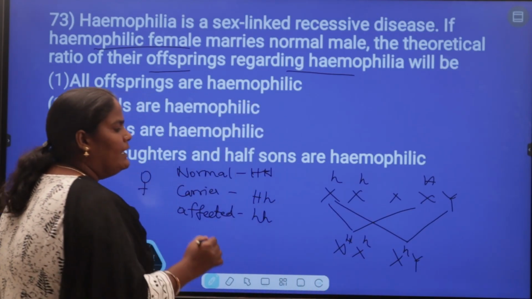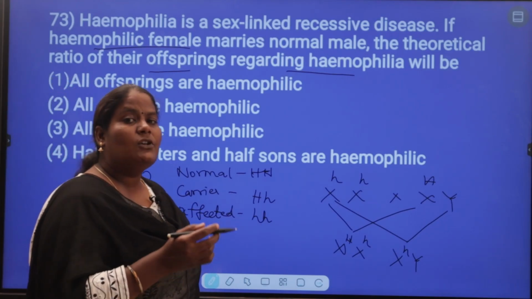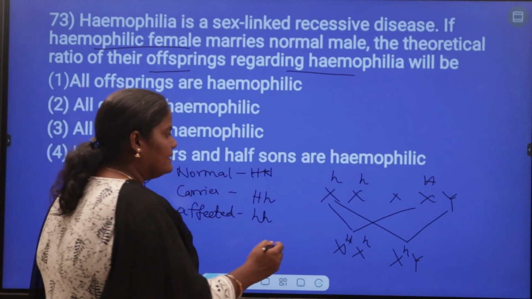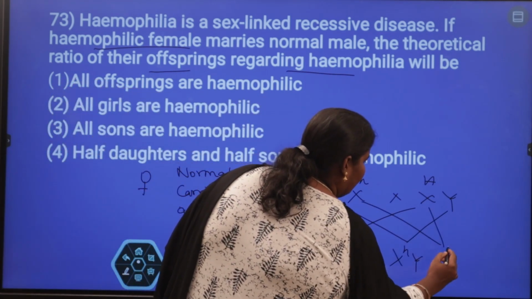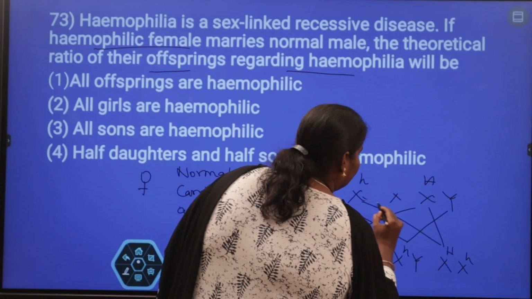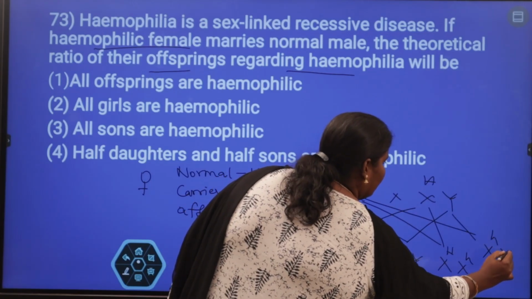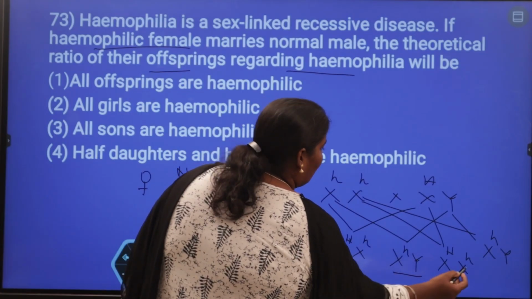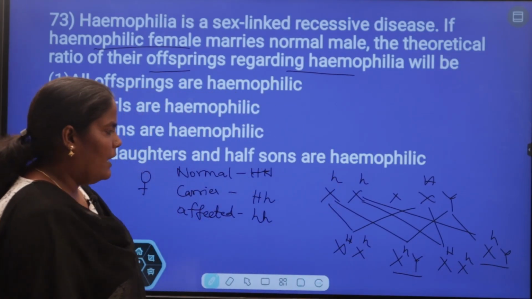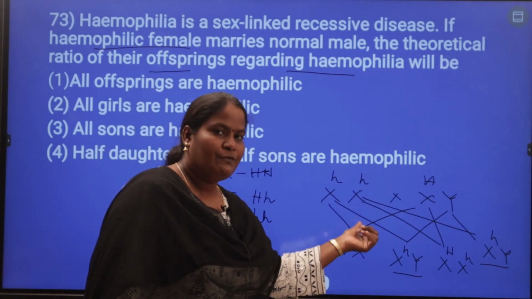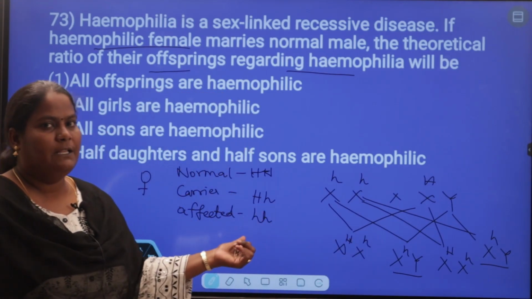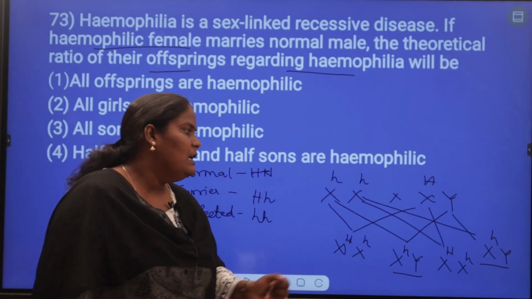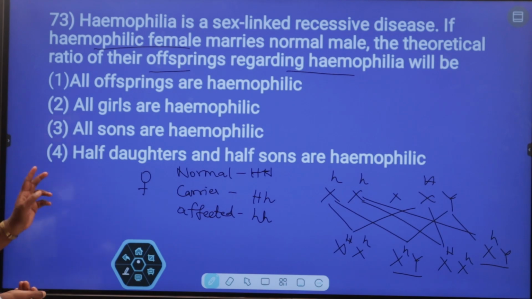As I already told you, it is a sex-linked recessive disorder. Males are either normal or affected. There is no carrier among males in sex-linked recessive disorders. So in this option, you might have observed that males are either affected or normal. In this category, the males are affected because the males receive the X chromosome from the mother. So the sons of these couples are affected. When we observe the females, the daughters of these couples are carriers. So based on this, the option 4,